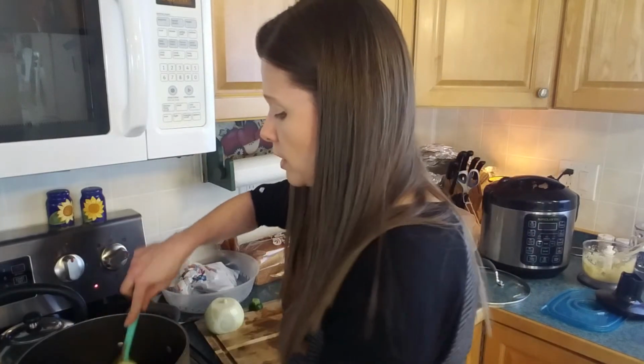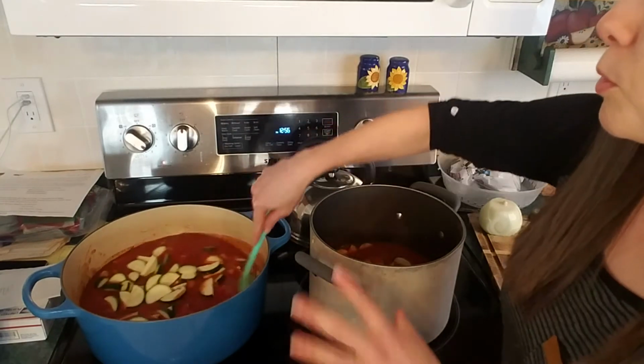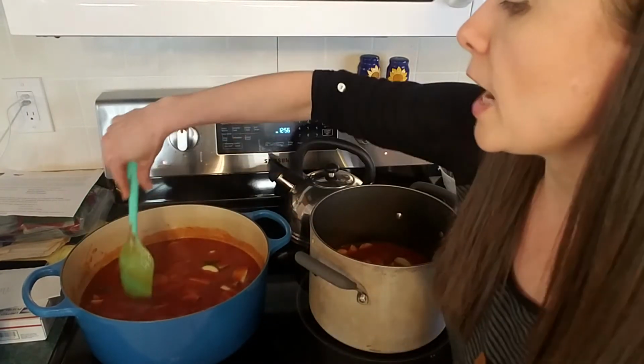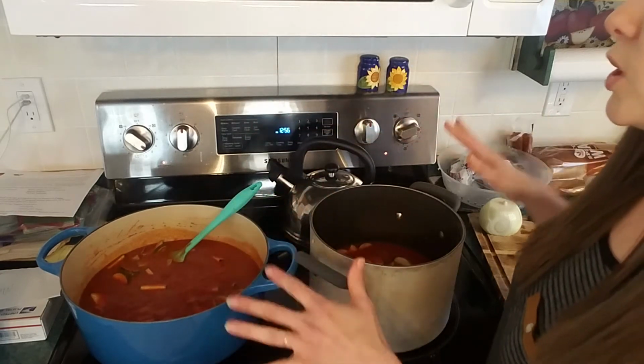So I'm just going to allow that to come together in the pot. It's not that much, and this will get the lentils added in after the fact with the lemon juice. I've already added salt, which the recipe calls for, and then that aspect of it is done. So what I'm going to do is say goodbye to this particular moment, and then I'm going to come back